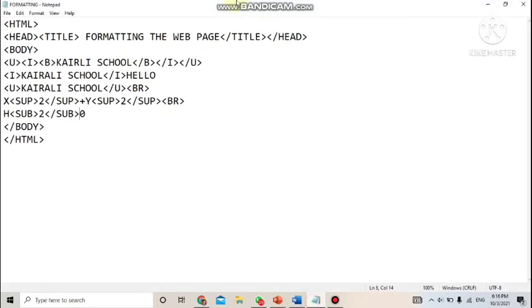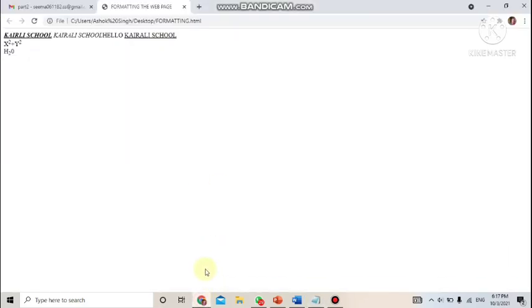Open the notepad and there we'll write it. So here I'm writing Carolee School. Again in the next line I'm writing Carolee School and I want to strike it. So before this, strike, and wherever it is getting closed, slash strike. Now save and see the impact. Same, refresh. Can you see this? This is strike through.